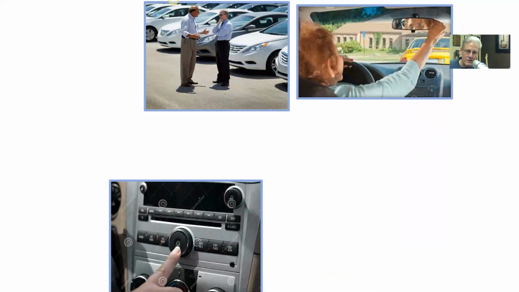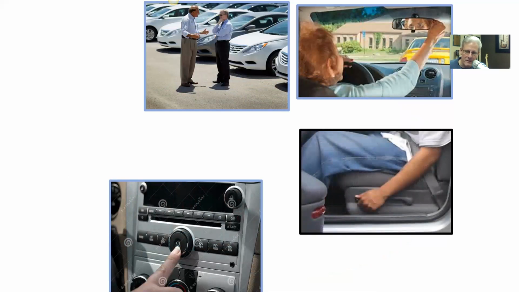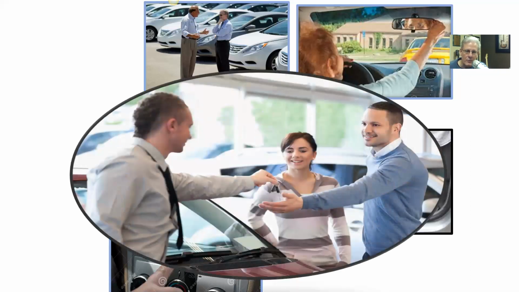Let's go back to this again, right? You did that. You adjusted the radio or the air conditioner. You adjusted the rear view mirror. You adjusted the side view mirror. You adjusted the seat. What you did is you adjusted the things you use the most in the order you use those things. And everybody adjusts things differently. We always adjust the things that matter most to us, the things that we use the most. So I'll go back to my question. How can you help your prospect adjust your product or service to fit them?